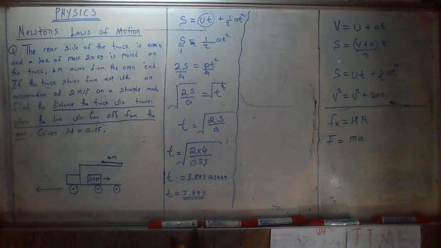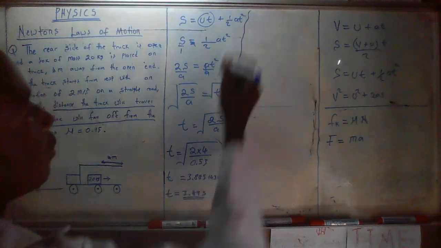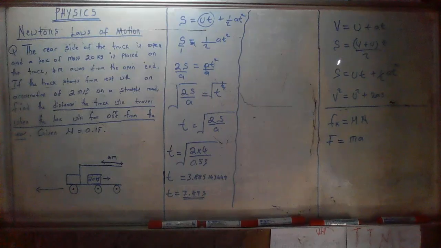After finding the final velocity at this time, we can now use all the data we have to find the distance this truck would have traveled. So what will be the final velocity at this time? The final velocity will be given by what? First of all,